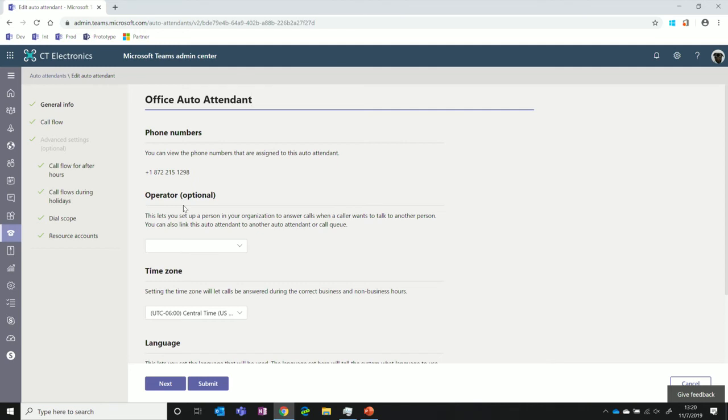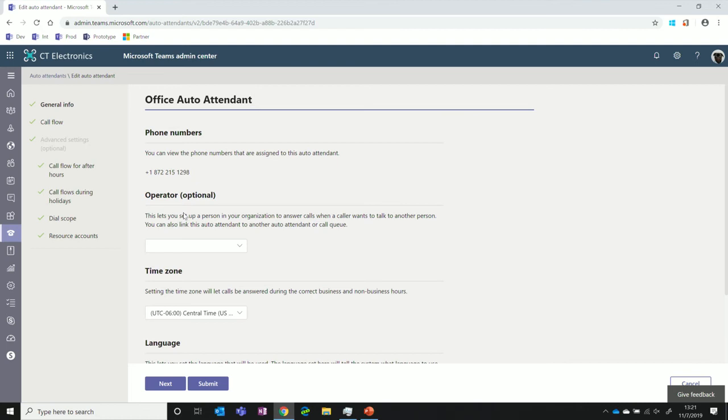But boy, we really wanted you to know whether or not you wanted to have after hours unique configuration versus a business hours configuration. So effectively what we did is we took all of the pieces that are optional for the creation of an auto attendant. We threw all those out into advanced settings. First, right at the top, you see that this auto attendant is configured with a given phone number. A lot of times, we find that the whole concept of the auto attendant talking to a resource account, and the resource account being a phone number, is actually a little complicated. So we just wanted to surface the phone numbers